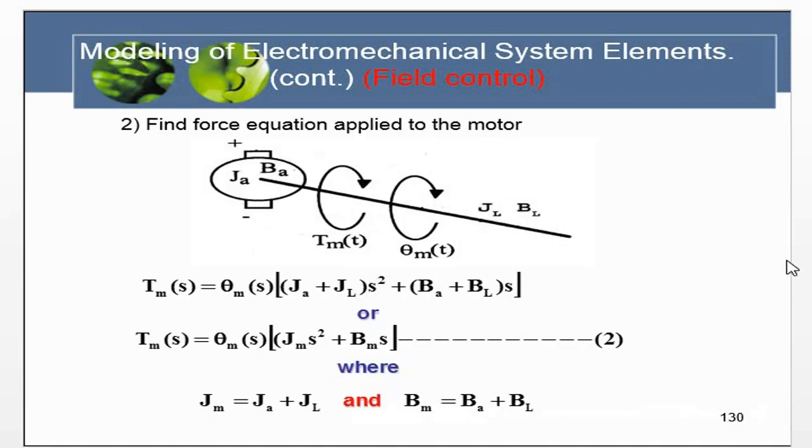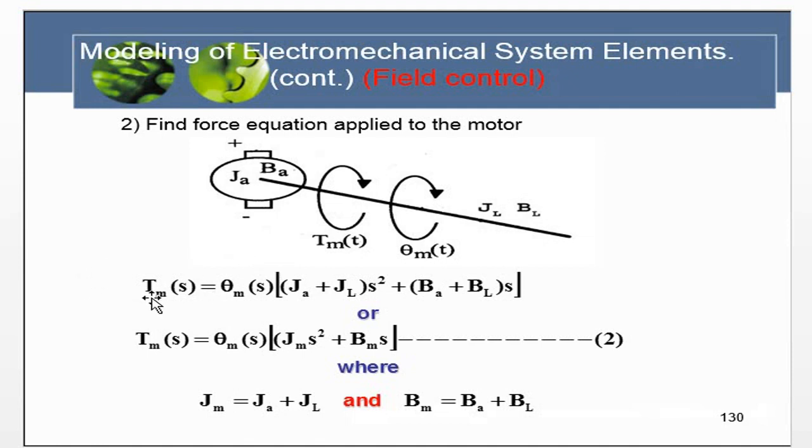Okay, it is on the mechanical side. Here is the torque T_M. It is to move the load. The theta M is the position of the load. J_M is J_A plus J_L, that is the load inertia. B_L is the damping coefficient. Okay,